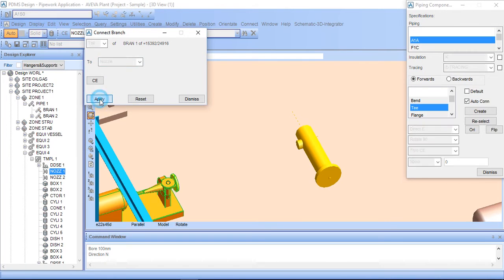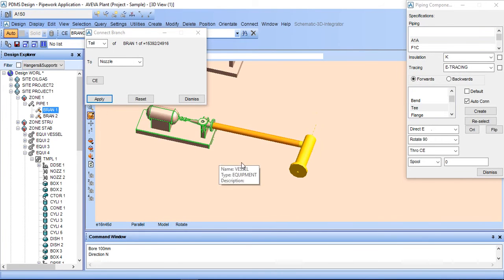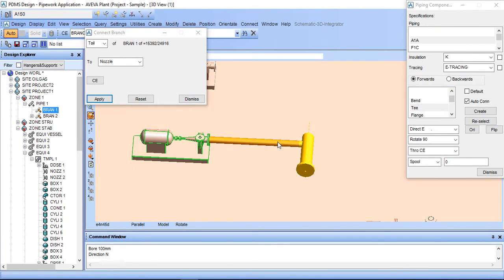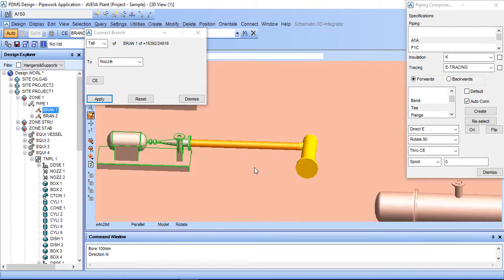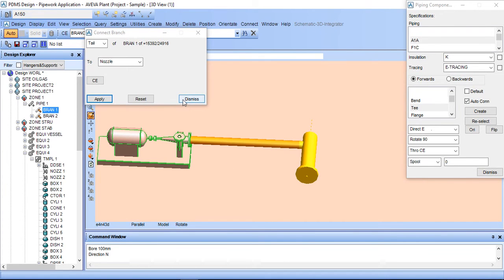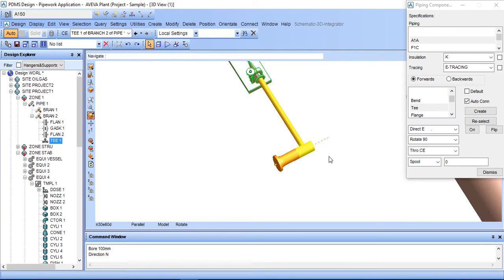Sorry, after clearing, apply. So if your level is correct, it will match automatically. So here we have given connection. Now we will proceed to our explicit branch.